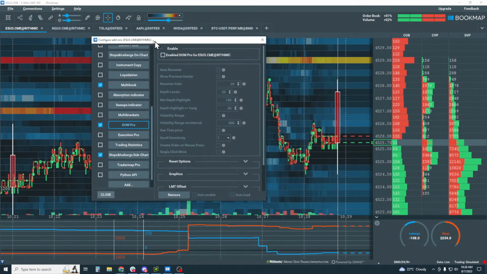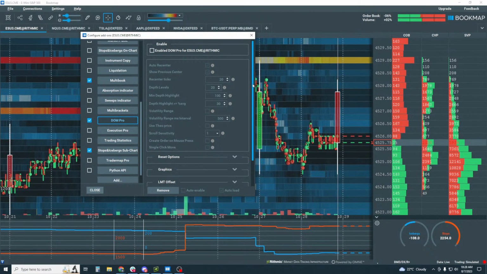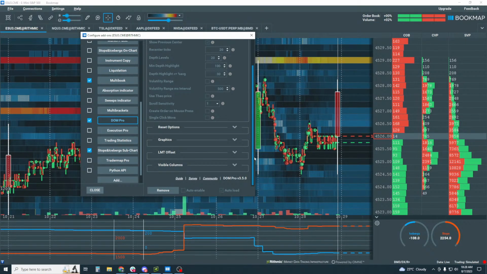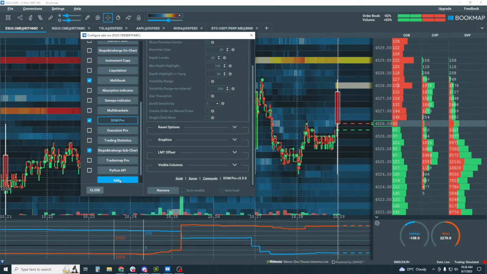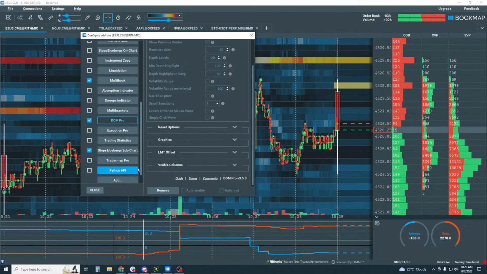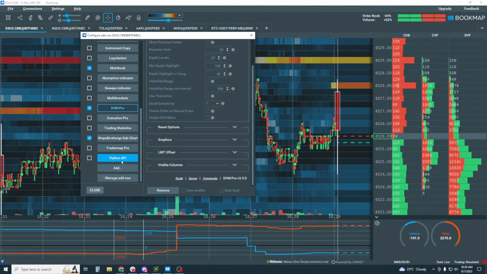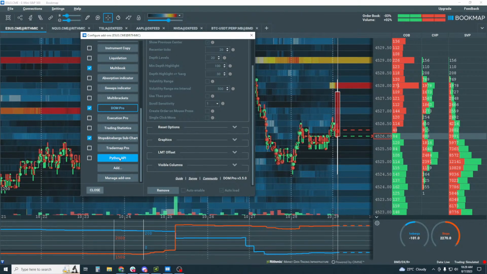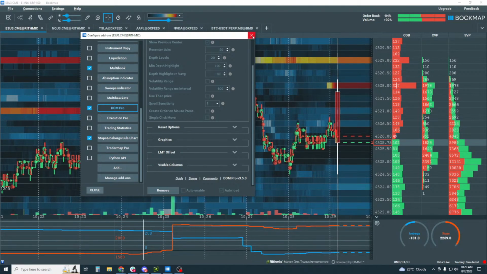If you don't see it in your add-ons, you can click on Add or Manage, and then you'll see it in there. I've already added it. You might want to play around with this, and that can answer some questions for you.